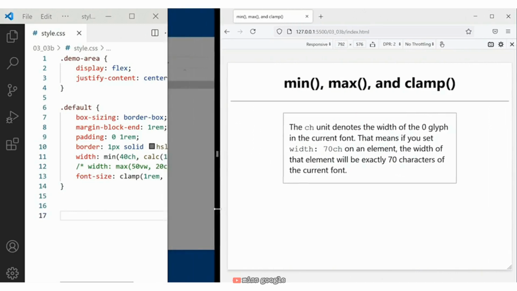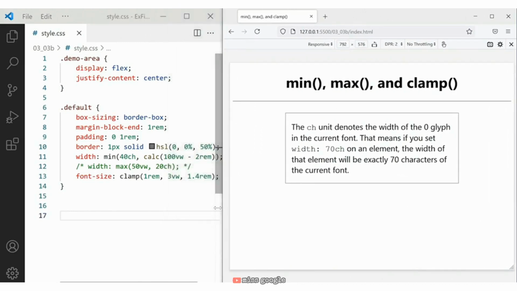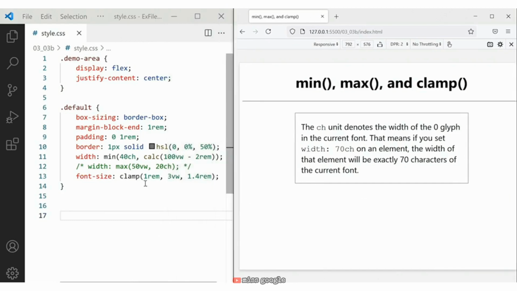For the first time, we have true responsive scaling of fonts, thanks to this clamp function. Now, all these functions, min, max, and clamp, are fairly new, and we don't really use them much in production yet, but they are fully supported across all modern browsers. So you should use them whenever you have a chance, especially the clamp function because it gives you this nice